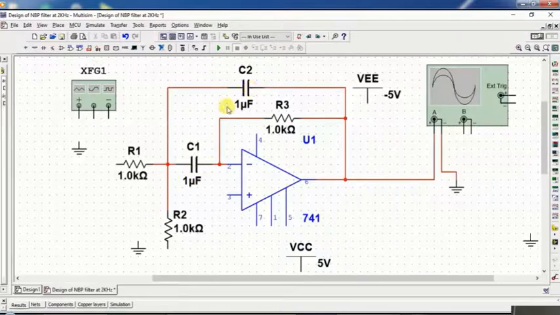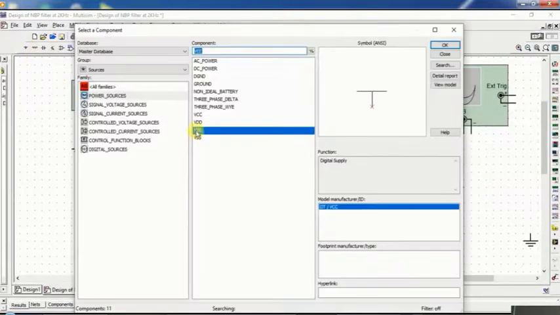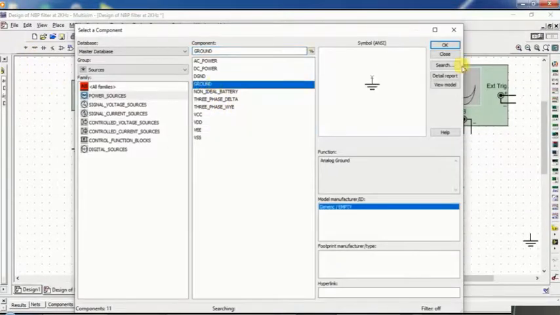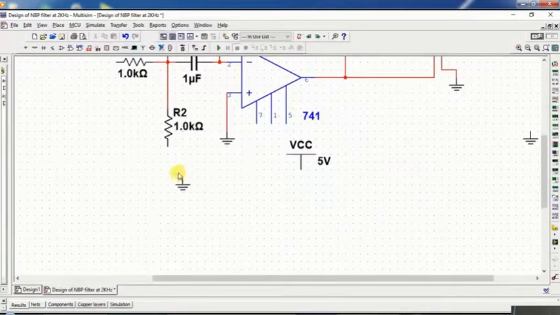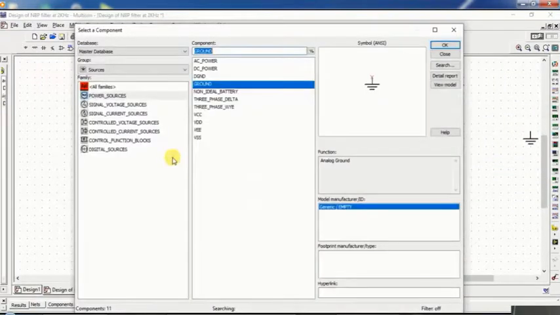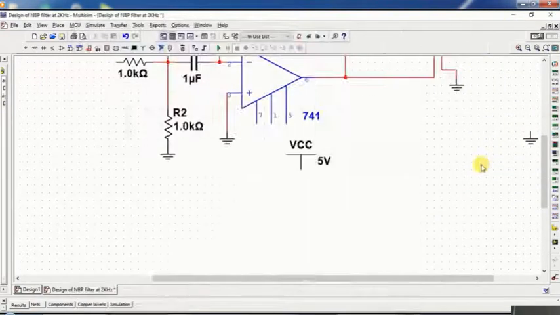And R3 you can connect like this. And now this is the ground terminal. The R2 you can also connect directly, so the non-inverting terminal is directly grounded, and a ground terminal is required over here, so you can connect it like this.